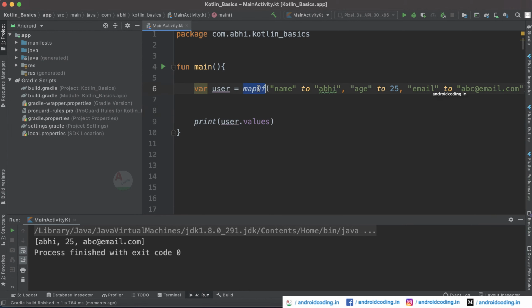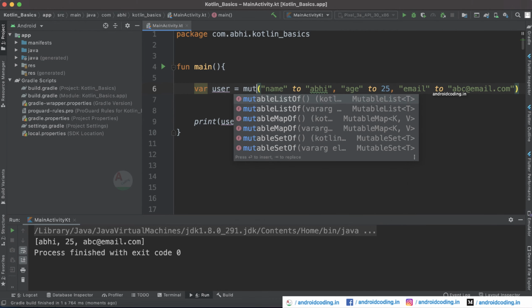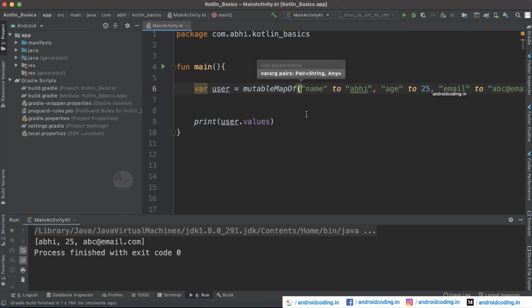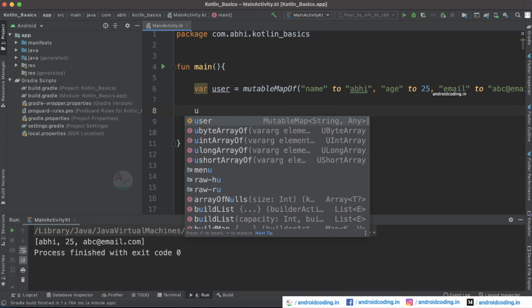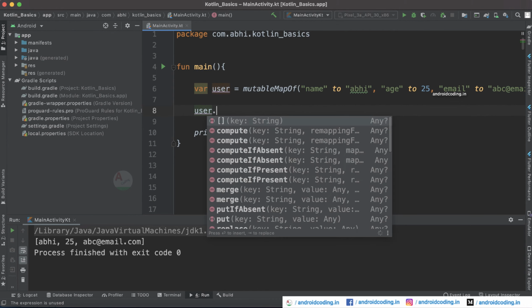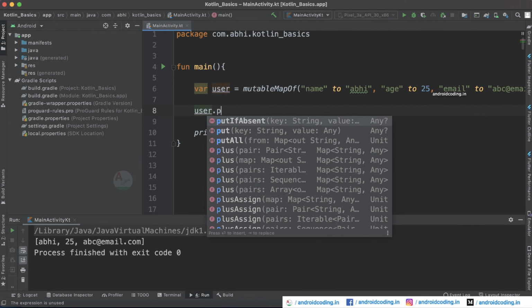In the same way, let us make use of mutable map here, and in this way you can edit them. I mean, you can add values and also remove values here. Now let us add some more information. user dot put.